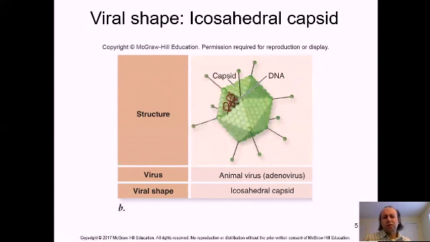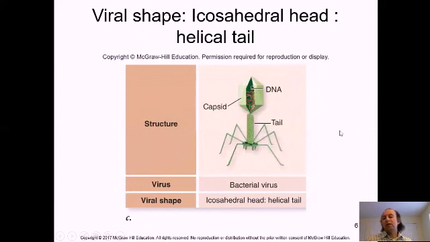The adenovirus is one virus of the cold that has this specific capsid. So this is the DNA here, and what is outside is the capsid of protein. Another one that is a bit more complex, quite similar to a little spacecraft, is here: the bacterial viruses that are also known as bacteriophage. That has an icosahedral head and a helical tail, with these little legs that are used to attach to a bacterium and to inject the DNA inside the bacterium.